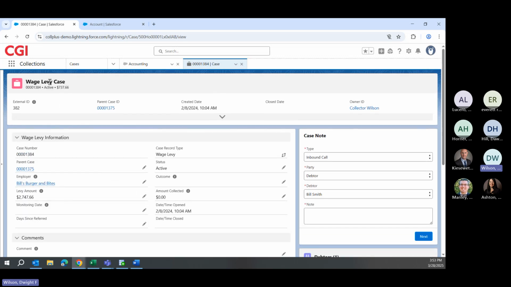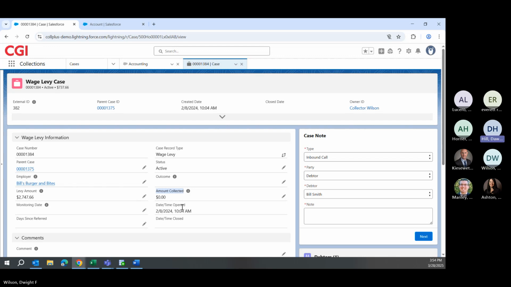We would create a levy case, which is really tracking the request to that entity, and then monitoring payments if they are able to offset and provide it back into the application. So here you'll see tracking things like the outcomes, the amounts collected,